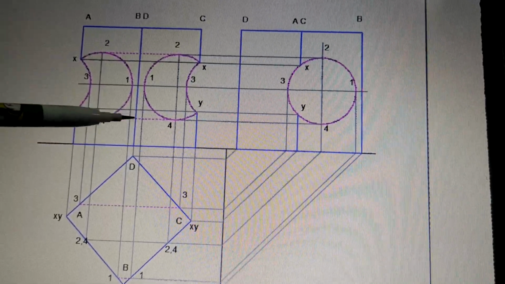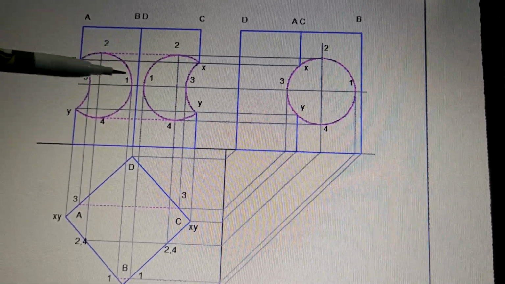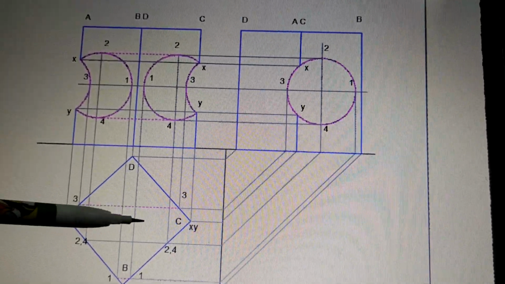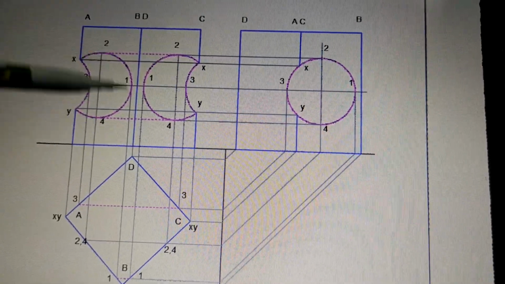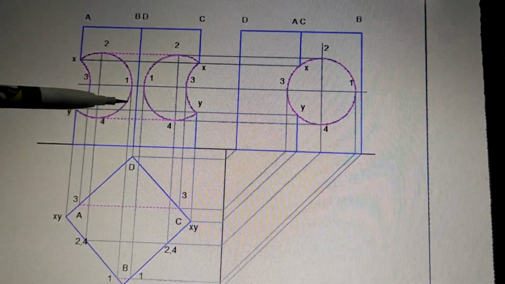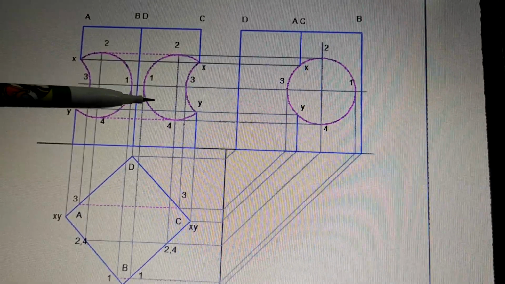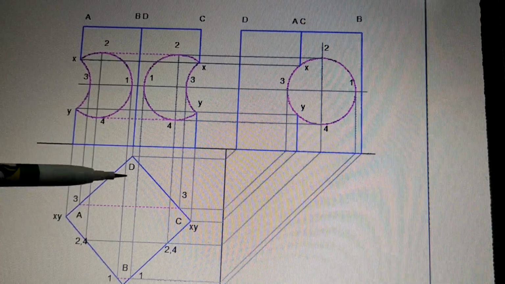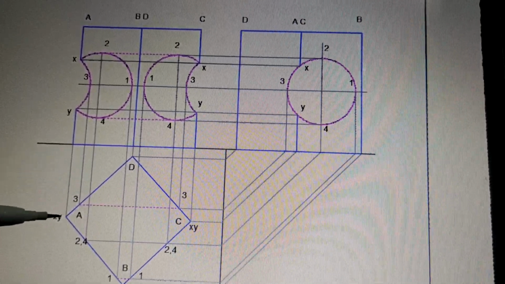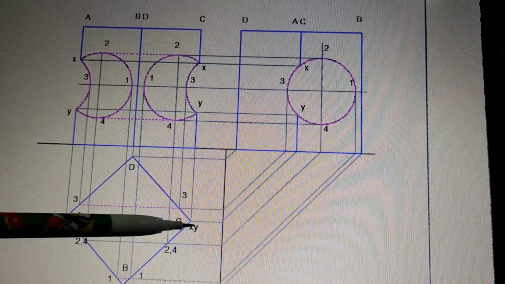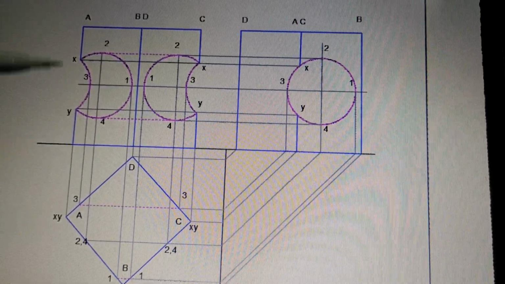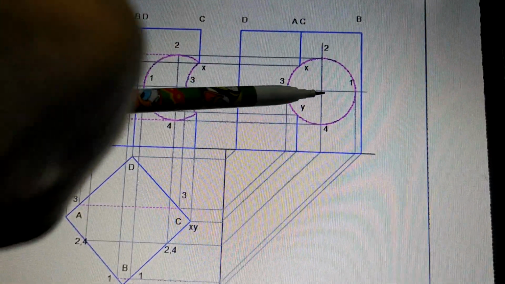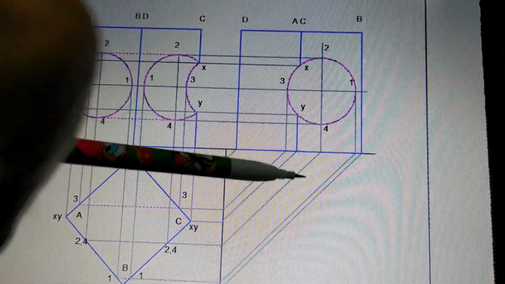Now when you solve this problem, I will be sending you the text matter, the written problem will be sent to you. In the written problem you have got all the description and the dimensions. As per that, this figure is already drawn. Right now the focus is on explaining the exercise. So I have done the exercise explanation part. The dimensions you can pick up from the exercise and draw the figures as per the exercise, and then you have to mention the dimensions whatever they are mentioned here in the description. So the dimensioning has to be shown here. What is the height, what is the side width, what is the diameter of the circle, what is the distance between these two. So everything you have to mention in this drawing.